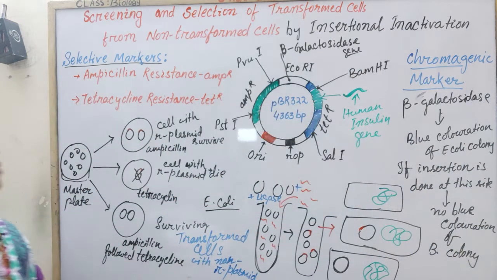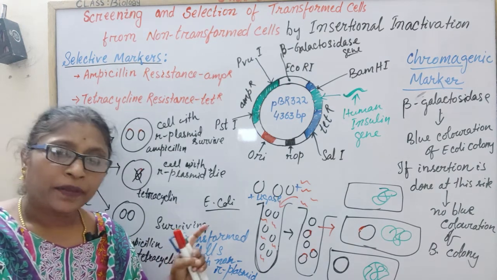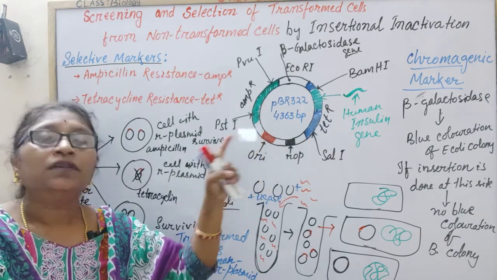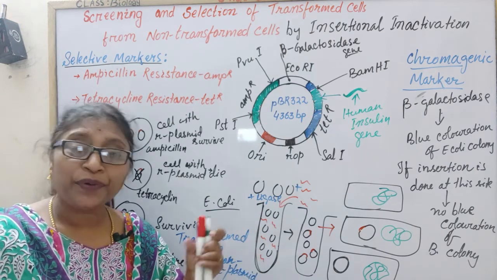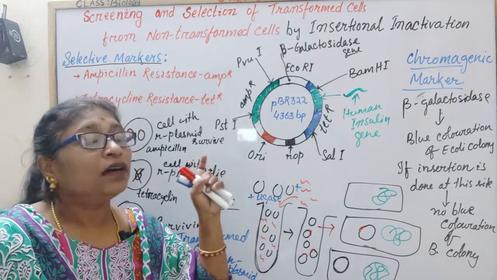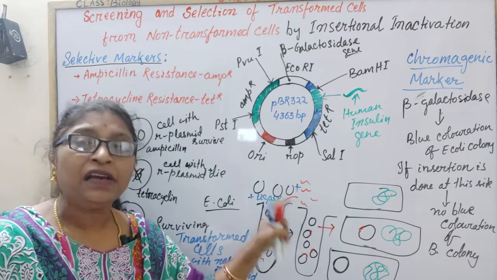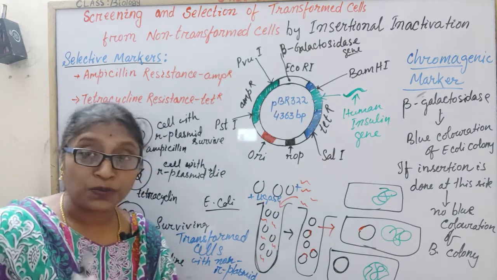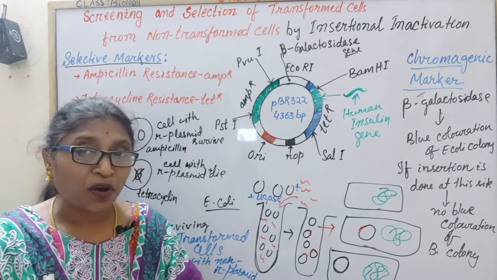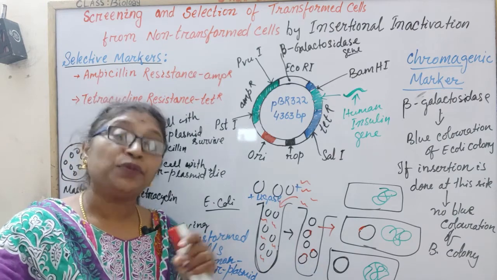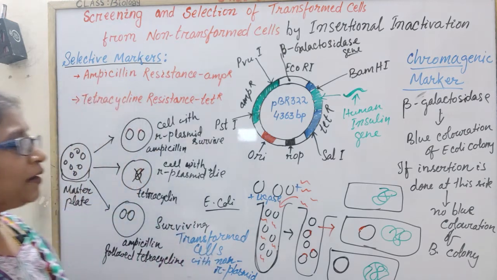Okay, this is how we can do the screening test and select the recombinant DNA or the cells. Already we have introduced it into the host cell. We can separate the host cells that have been transformed with recombinant, or maybe non-recombinant plasmid. We need those transformed with recombinant plasmid to obtain our product, and we can use them for the cloning. Okay, write down all this. Thank you.